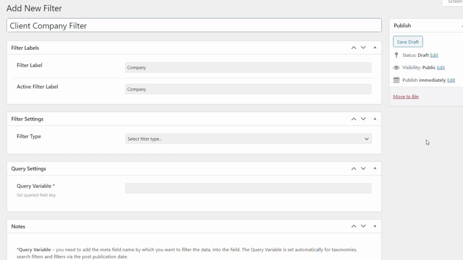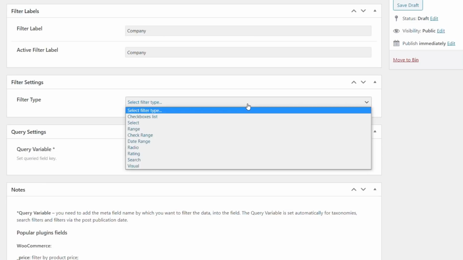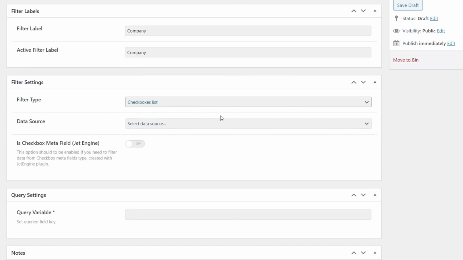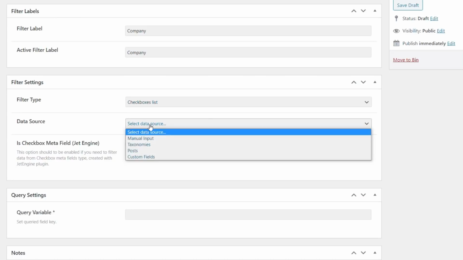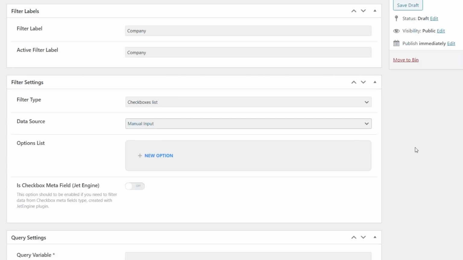Then we're going to choose the filter type that we want to work with. Now you can set up pretty much any kind of filter as long as it filters data you have inside your custom content type. For this example, I'm going to show you probably the more complicated one, which is setting up a checkbox list where we can just check to see the different companies. So you see it says the data source, once you've chosen checkbox list, data source, we're going to set this to be a manual input